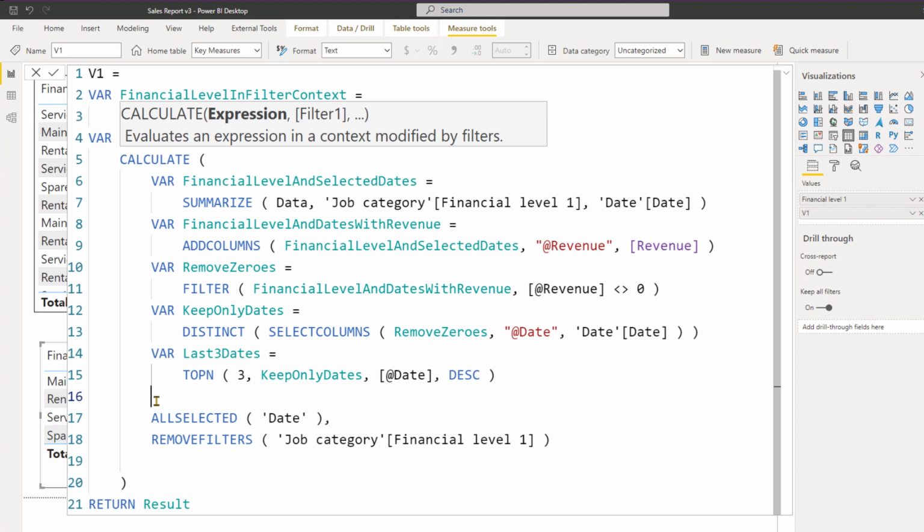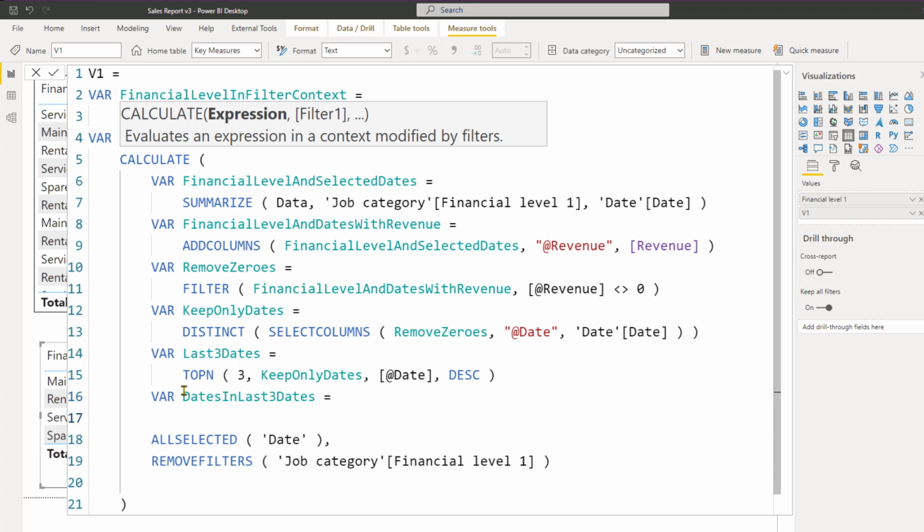And now what we are going to do is, now that we have retrieved those last 3 dates, what we can simply do is check which rows from the remove zeros variable are actually part of those last 3 dates. And for that what we can do is simply write var dates in last 3 dates, or maybe you can name something like rows or job category in last 3 dates, and we are going to use the filter function.